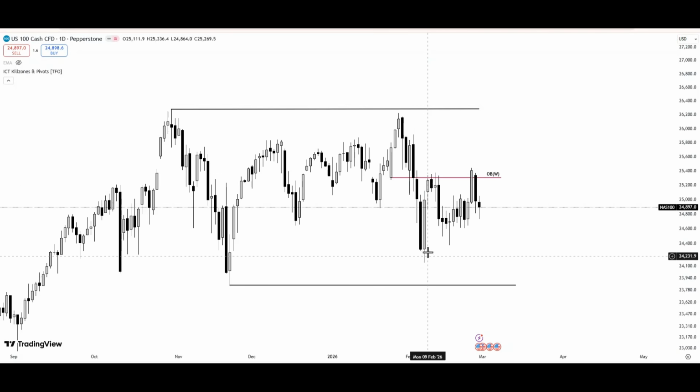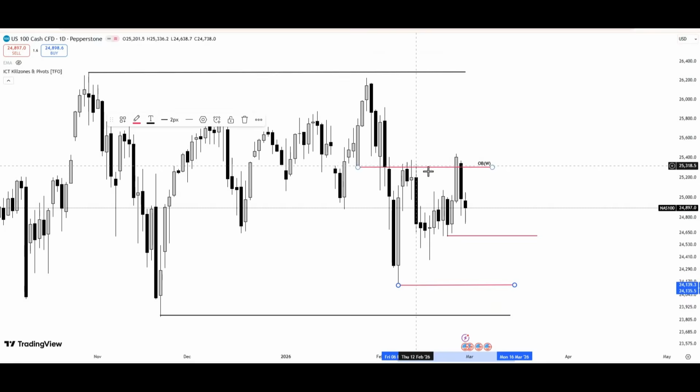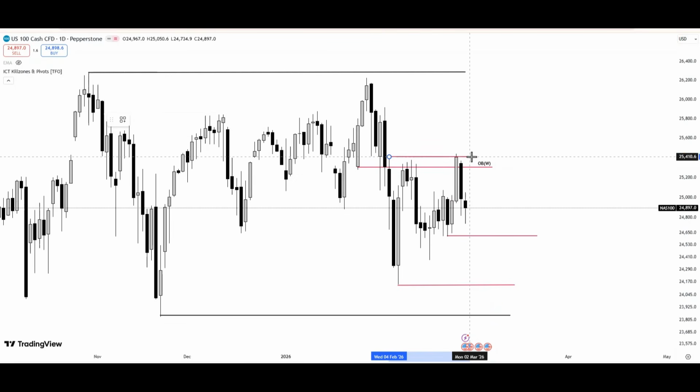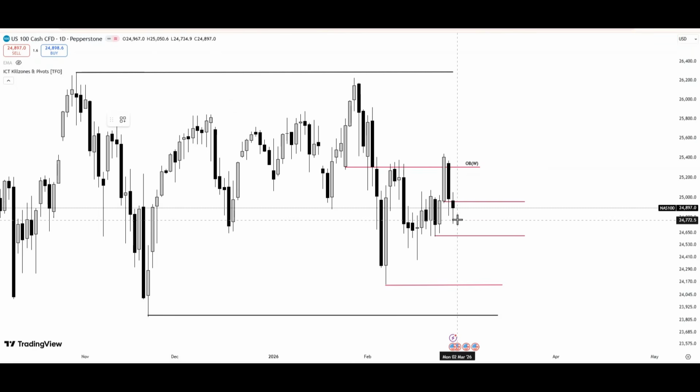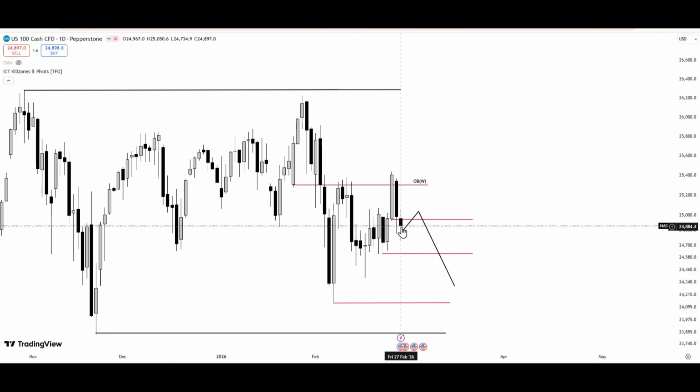So you can see after we had this bearish momentum, price retraced to the weekly order block, and now this is where price is at the moment. And you can clearly see here again, price swept this liquidity, nice, took out this liquidity, and we had this bearish momentum. So right now, so far, we have an order block here. So for more bearish continuation, it will be nice if price gets a retracement, we tag this, and then we continue going lower. However, if you're going to get a bullish US 100, you'll see, of course, strong bullish candles, price even creating bullish fair value gaps, and then at that point, you can anticipate bullish momentum.